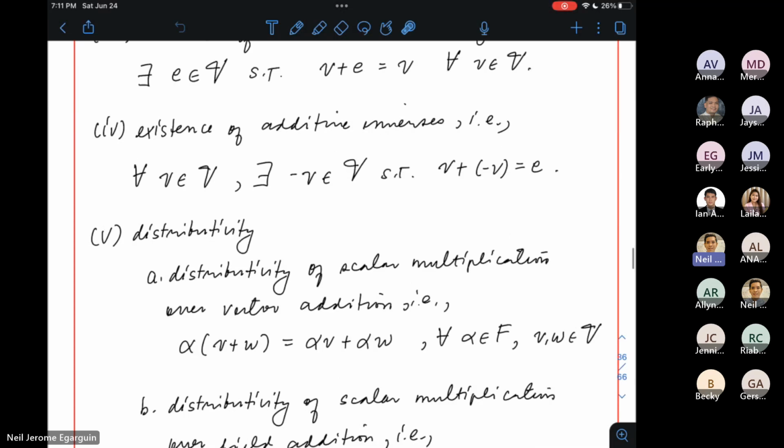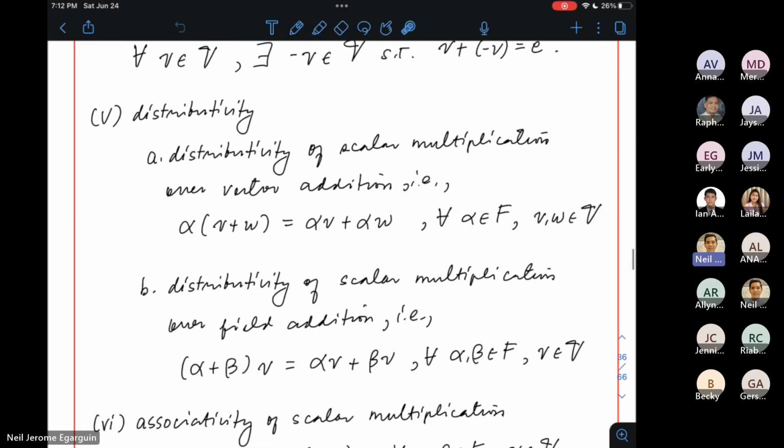Now, there should also be property number 4, additive inverses for all elements of capital V. Ibig sabihin, if I get an element little v, all right, dapat may mag-exist na isa pang element ni capital V, we'll just write it as negative V. All right? So negative V yung itatawag ko dun sa element ng capital V na pag inadd ko kay little v, ang sagot ay yung identity. So parang kamukha pa rin to nung additive inverse na nakita natin when we were defining fields. Right? So meron siyang ganong property.